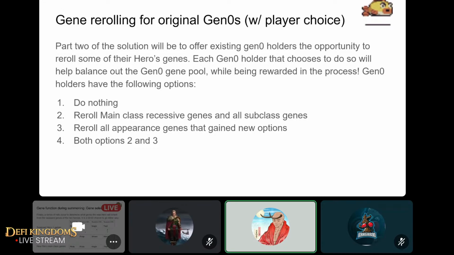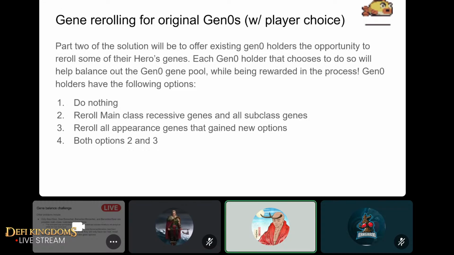We are going to offer Gen 0 holders the opportunity to re-roll with their choice. They can choose to do nothing. They can re-roll their game-related genes, so their main class recessive genes and all their subclass genes. They can re-roll none of those and only their appearance genes, the ones that have gained